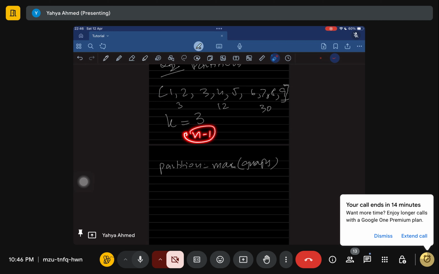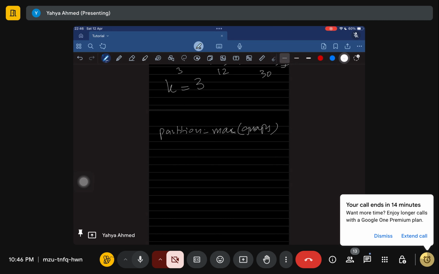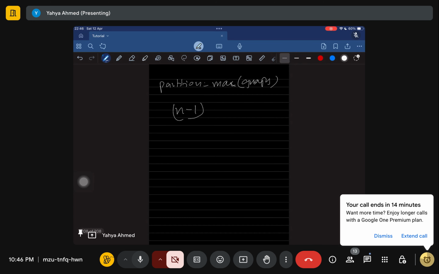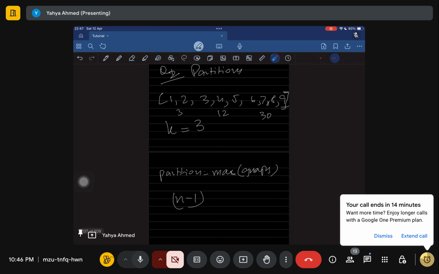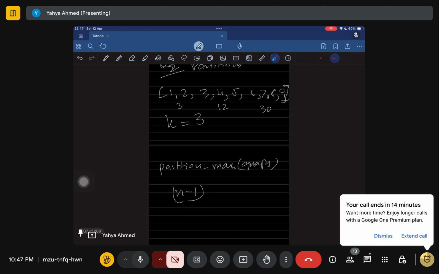And you'd like to place your dividers in any of these locations. So you basically have n minus 1 places to choose from, and इनमें से you have a bag of basically possible indexes. So 1, 2, 3, 4. So the 0th index में तो नहीं डाल सकते आप. n minus 1 is only when we have one partition, right? If you have 2 partitions, then it's n minus 1 multiplied by n minus 2. नहीं. मैं कह रहा हूँ कि